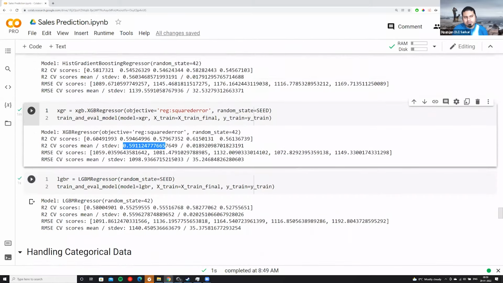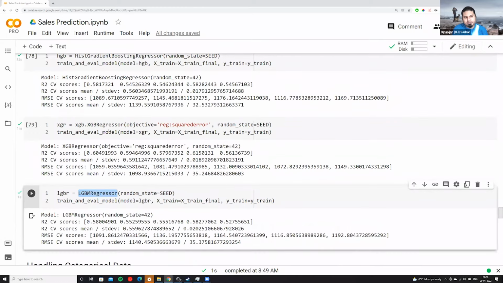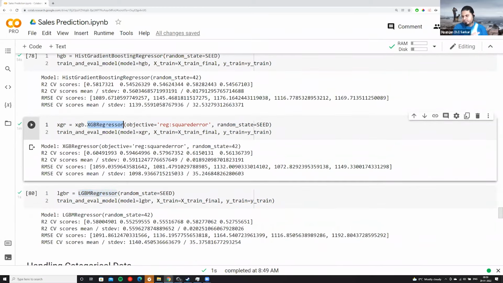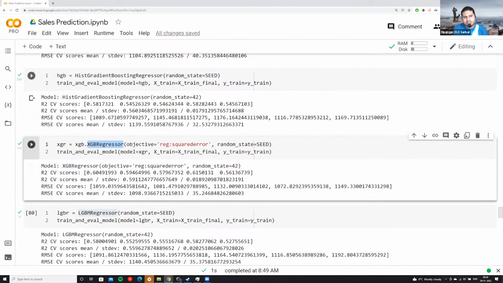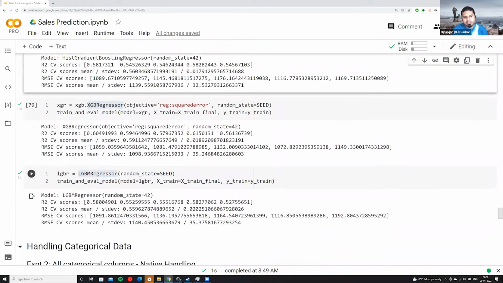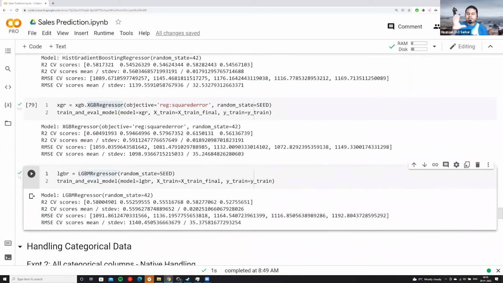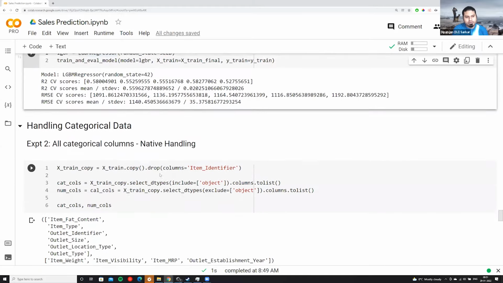Now, there are some models like LightGBM, even XGBoost, though XGBoost is experimental and it only works on a GPU, so we won't use it here. But histogram gradient boosting and LightGBM can handle categorical data natively without doing one-hot encoding. So that is where we,